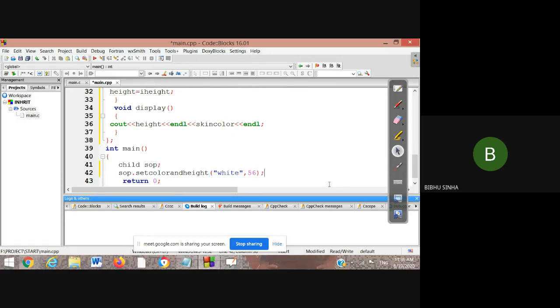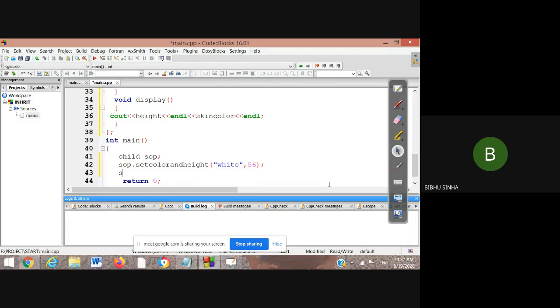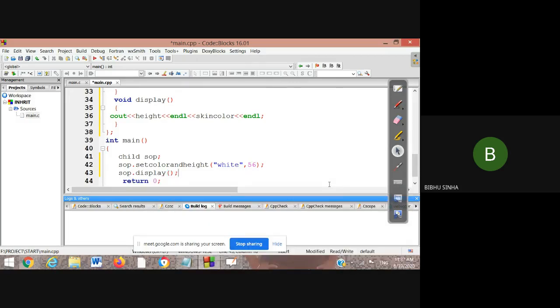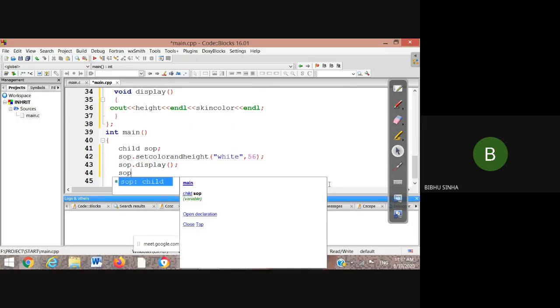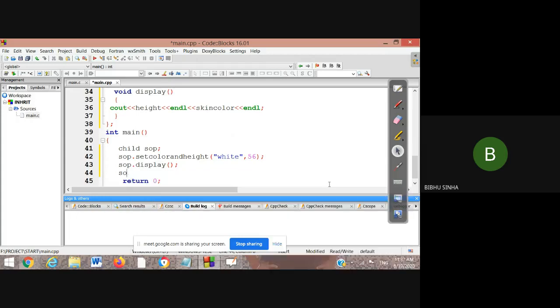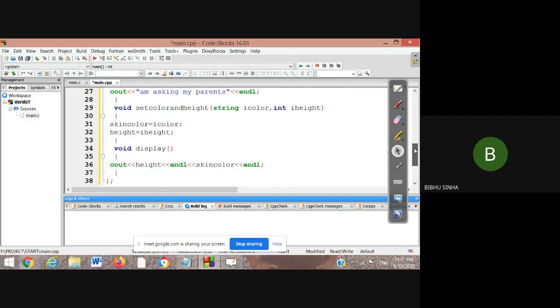That's it. Then we take the SOP object dot display, because I have to print the data on the screen. I can also access SOP dot askParents, but right now I am not going to ask the parents here. First we have to understand what is happening.